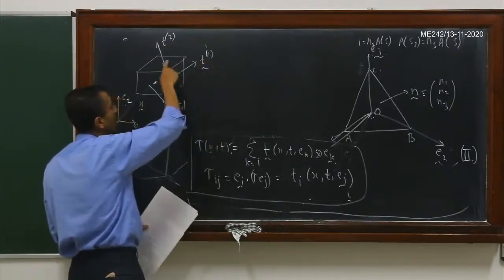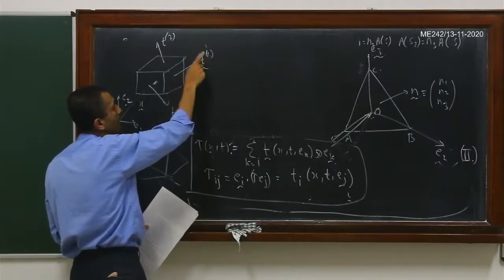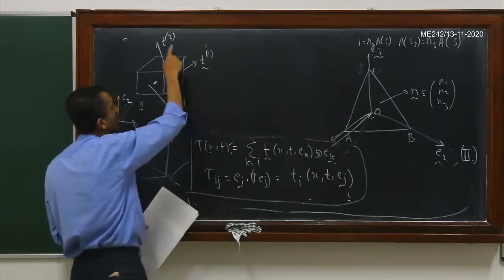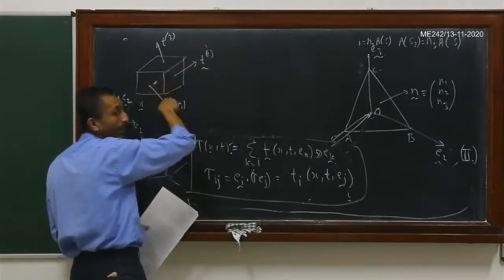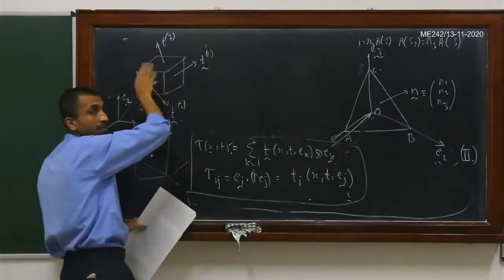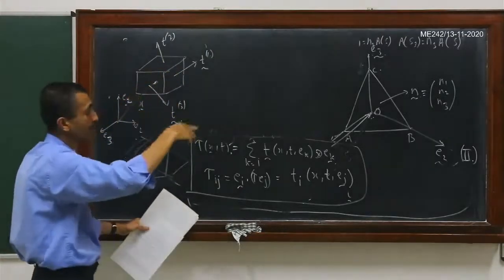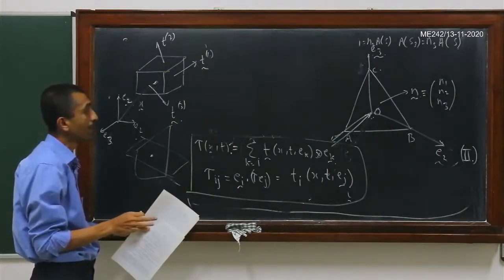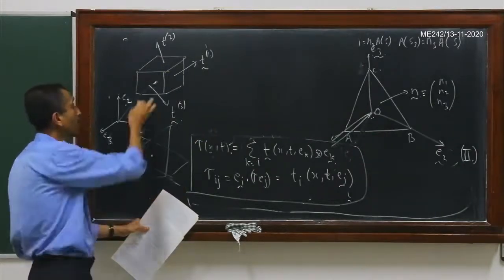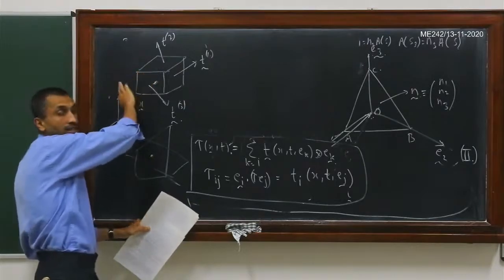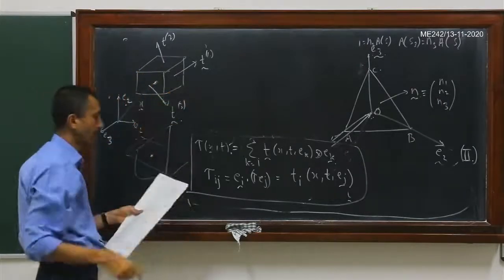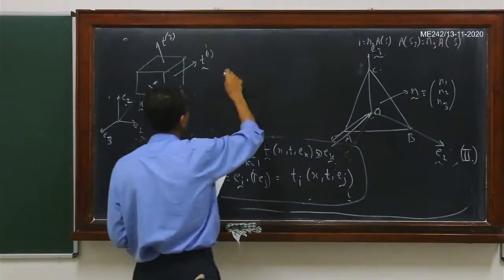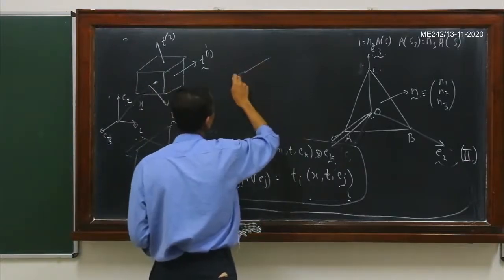Okay, so you will get a total of 9 components, because this traction vector I will resolve into 3, this one I will resolve into 3, this one I will resolve into 3. On the other faces, they will be just equal and opposite because of that law that we just derived. So we don't need to define any additional components on the back faces. They are just equal and opposite to whatever I am drawing on these particular faces here. So now if I resolve it, then this is what it will look like.